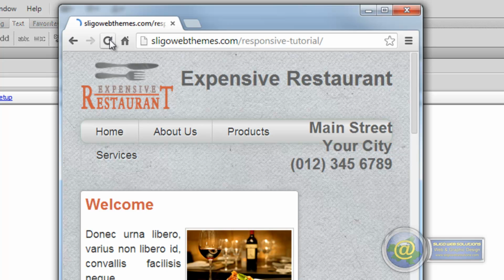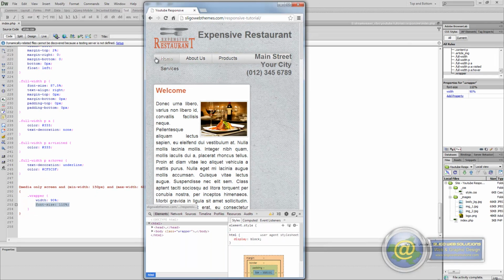So if we refresh that now, our wrapper is now 90%. And how we know the wrapper is 90% is you can see just the little bits of margins over to the right hand side of the navigation. That's how we know it's 90%, because the navigation is the full width. So if we go back again to our